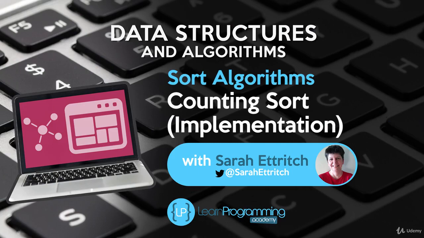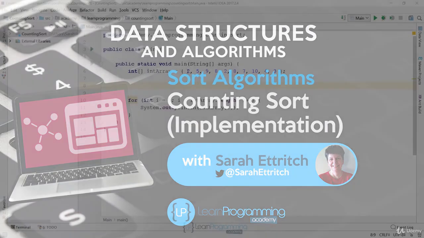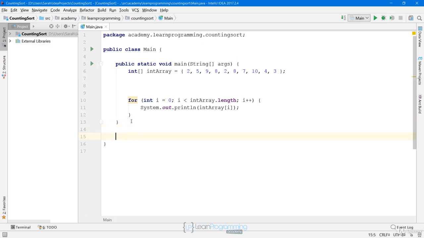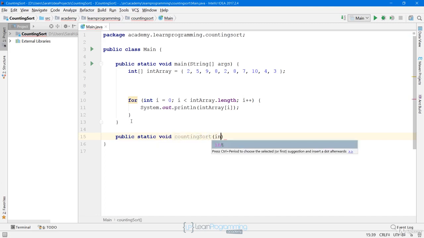All right, so let's implement counting sort. Once again, I've created a project. I've got the code in package academy.learnprogramming.countingsort, and I'm going to write a method called countingSort. So I'll say public static void countingSort, and we're going to accept the input array